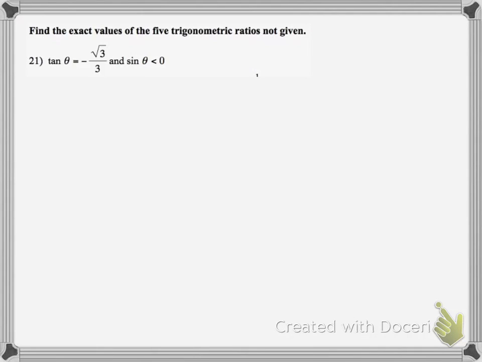Okay, we're working on number 21 from the comprehensive portion. Find the exact values of the 5 trig ratios not given. You're given that the tangent of theta equals negative radical 3 over 3, and the sine of theta is less than 0. And if you remember, which I am sure that possibly you don't,